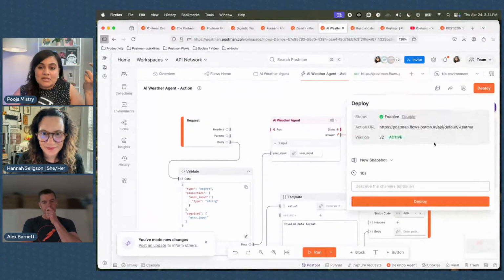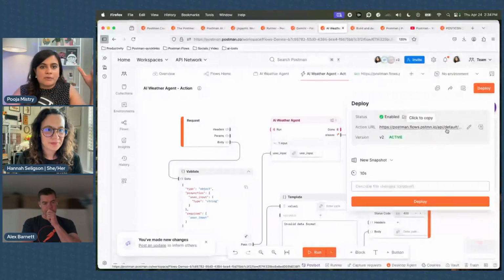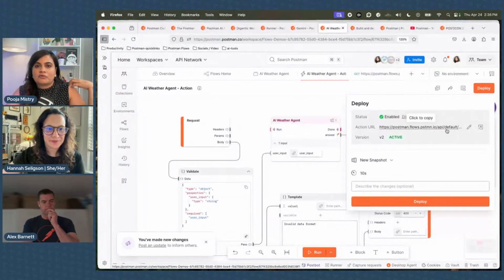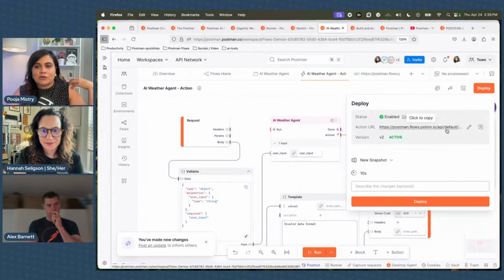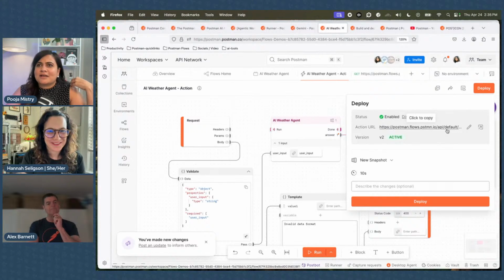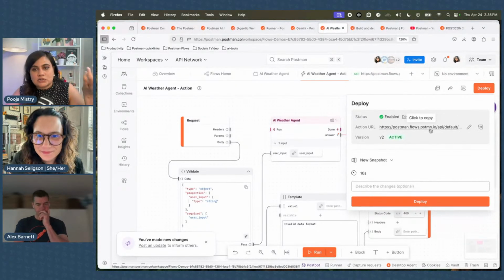This is a live endpoint that I can now use anywhere. Imagine connecting this to webhooks, or to any place where you could provide some sort of input. We can connect this to Amazon Alexa, where I'm asking Alexa, hey, what should I wear today? I'm in Boston, or I'm going to LA, or I'm going to Greece. It's kind of cool because when you deploy it, you can now hit this endpoint and this URL anywhere.